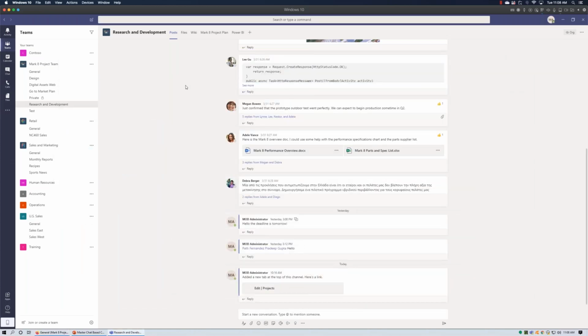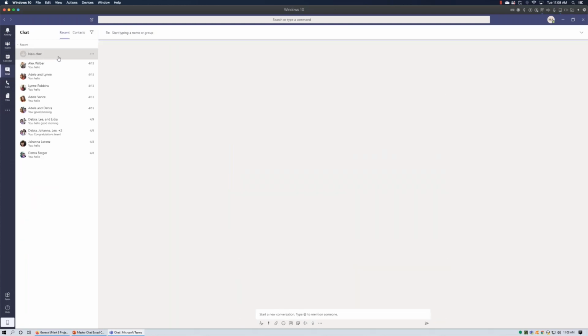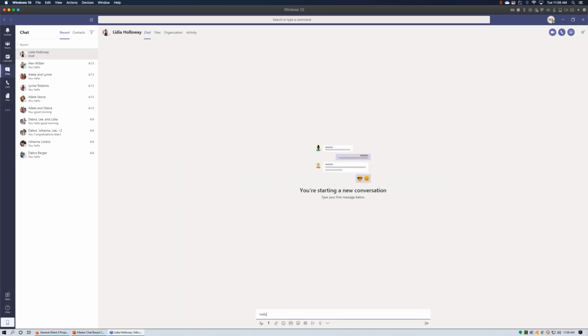So with Teams and chatting, there's really two ways to do it. The easiest is if you click on the new message here, new chat. Let's say I type in, there's someone in the company called Lydia, and I can send her a direct message. This is known as a one-to-one message. So these are private. You can add people to it, but unless you add someone to it, this message will be between me and